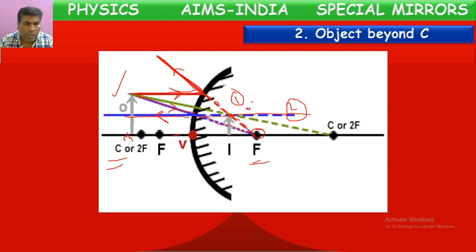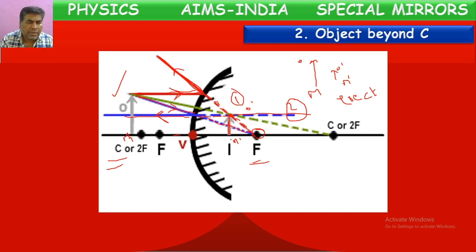Suppose if it is OM, so if I draw a perpendicular line down to the principal axis, this will be M dash. So O dash M dash will be the image. OM is the object. O dash M dash is the image. The image is also looking the same as the object, so we can call it an erect image. Erect image means standing straight like the object, or upright. The upper part is the same as the object, upright.